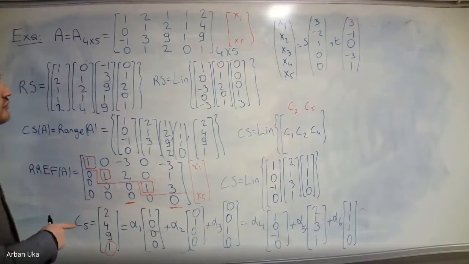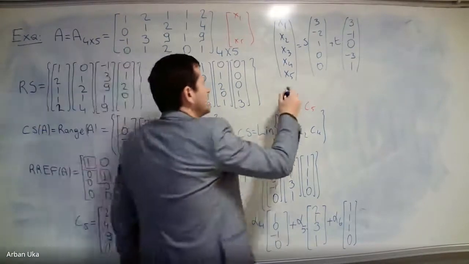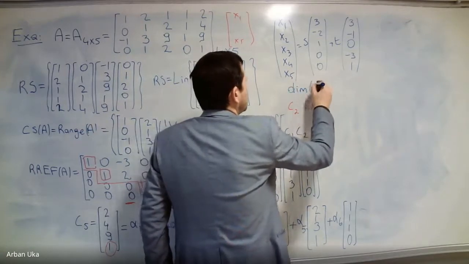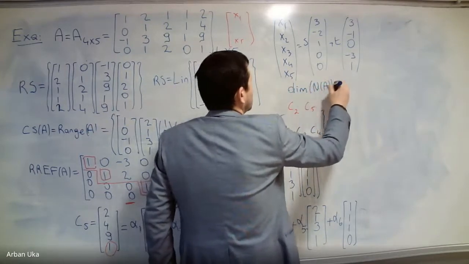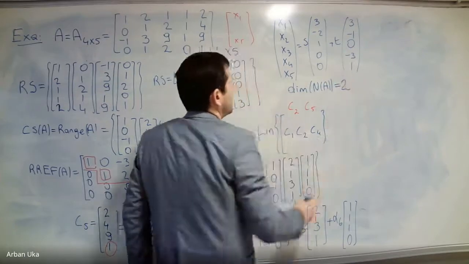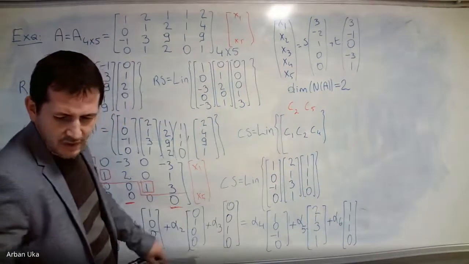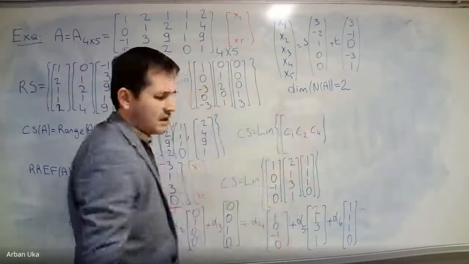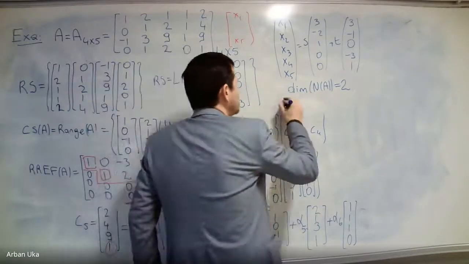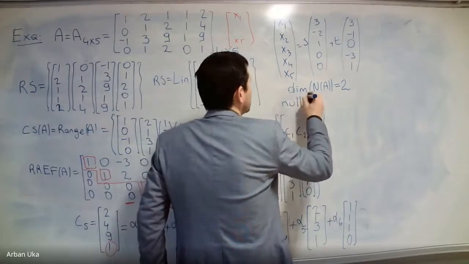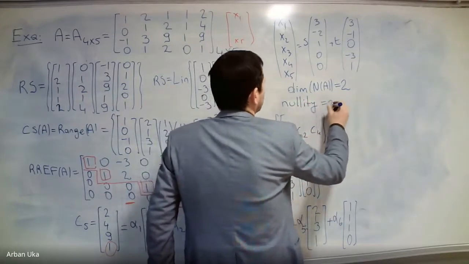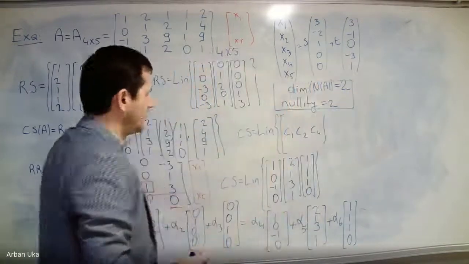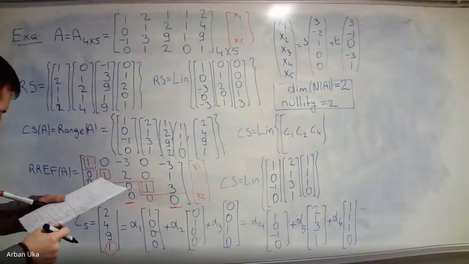And since we have 2 free variables, what is the dimension of the null space of A? This is equal to 2. So if the dimension of the null space of A is 2, we can say that the nullity of matrix A is equal to 2. This is nullity, and it is equal to 2. And then we have a very useful theorem, which is called